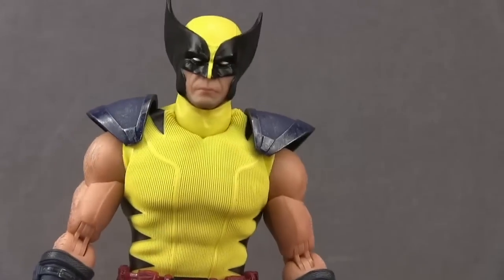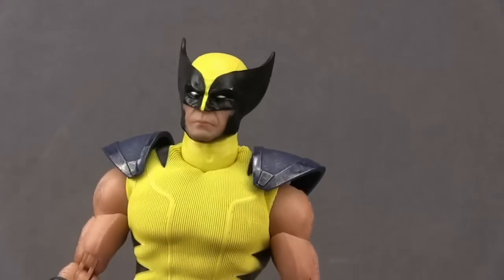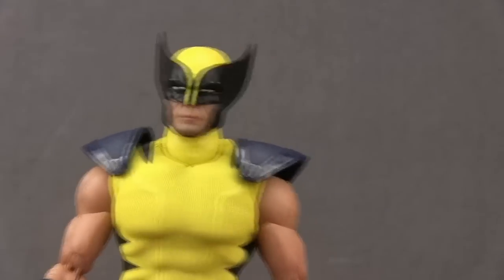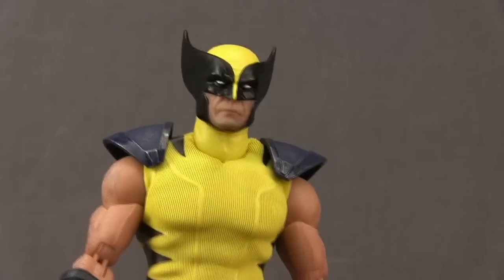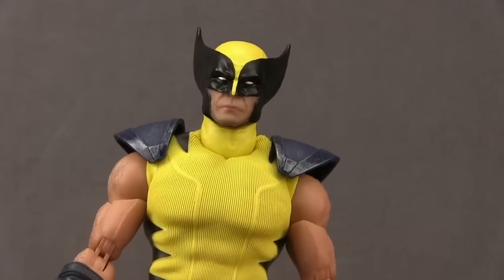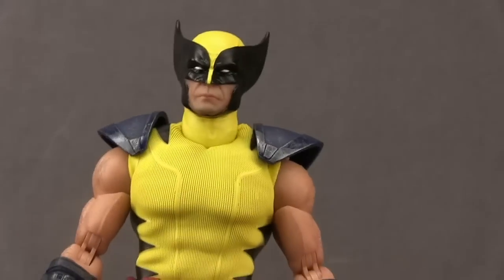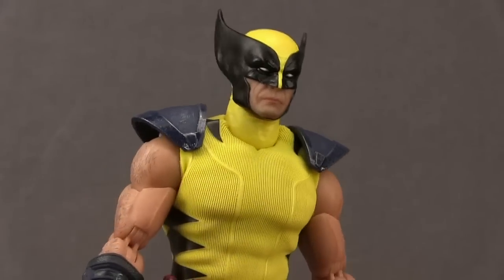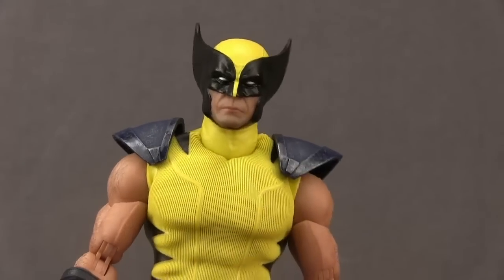Now for the figure itself, this is probably my favorite looking of the 112 Collective Wolverine figures that Mezco has done so far. So if I remember correctly, they've done 3. This one, the brown costume, which I wasn't terribly fond of. I didn't really like the way that one came out looking. And then the Old Man Logan, which I actually think is a pretty nice looking figure, but I still prefer the younger Tiger Stripe costume for Wolverine than the old man look. So by far this is my favorite of the 3 Wolverines that they've done,